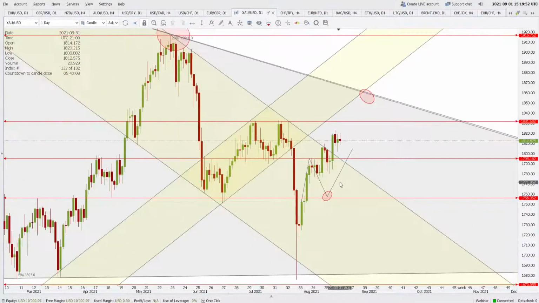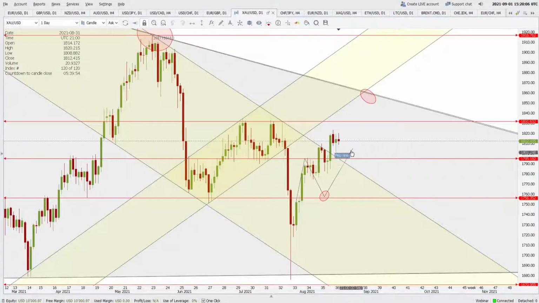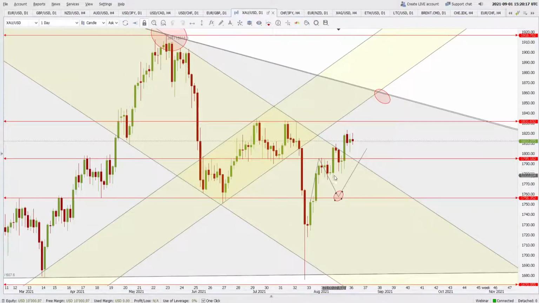Talking about the gold, close above the falling channel's resistance, and 1795 has not been tested. The price is in the middle of nothing, so better stay away from such a market, although we are expecting 1831 to be tested, but I'll not be surprised if the price comes back,